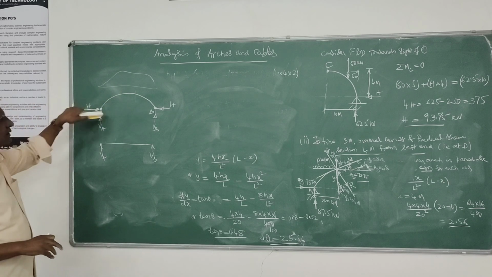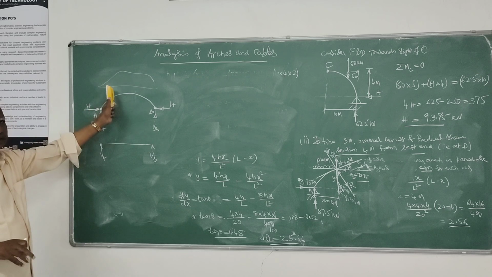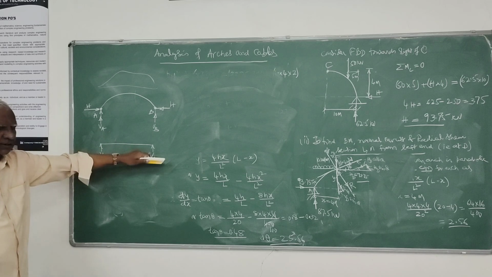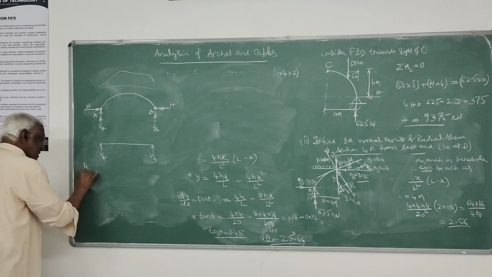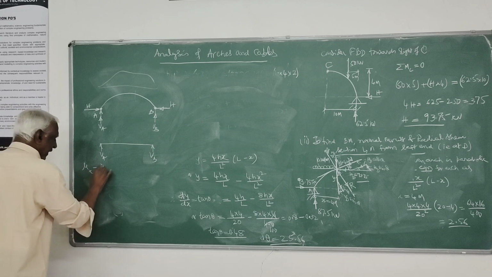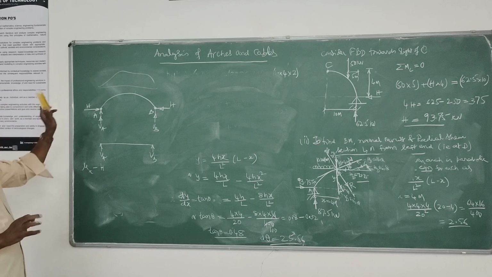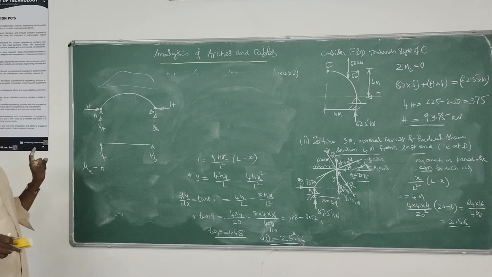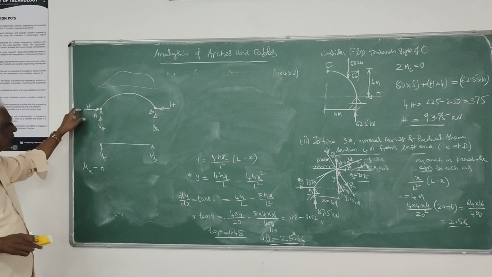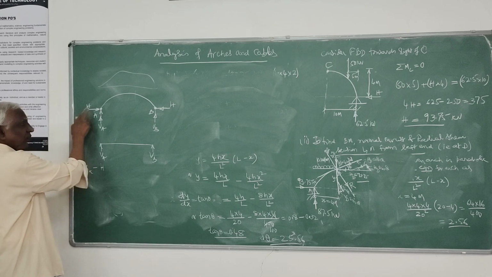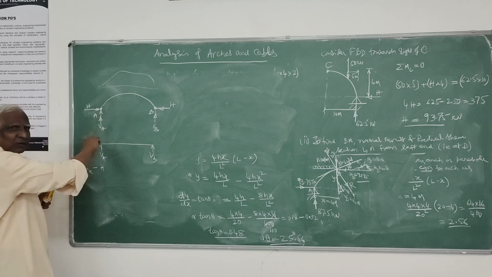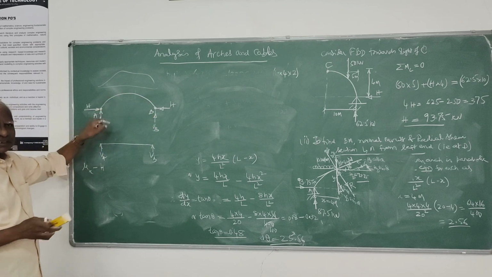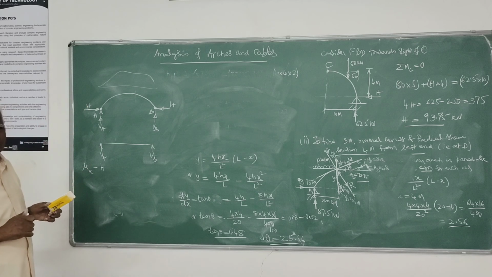This is clockwise, this is anti-clockwise. Here this is anti-clockwise, that is clockwise. So one minus the other. So the bending moment diagram treating the arch as a beam minus the bending moment due to H. At any point, the bending moment will be that of the simple beam minus that due to H. The bending moment due to H is H into Y. Y is nothing but the profile of the arch. So we take the profile of the arch itself as the ordinate.